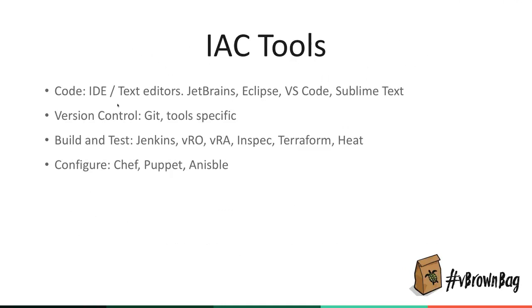Build and test tools, so things such as Jenkins, vRealize Orchestrator or vRealize Automation for actually running the workflows and orchestrating. InSpec from Chef helps with the testing from the client's point of view. Terraform is built as an infrastructure as code tool to help deploy everything in the same state every time, and you hit destroy and it goes. It doesn't modify. Outside of when I've added one or removed one, that's where Terraform comes in, where it'll send that configuration off to something else. And OpenStack Heat. Configuration tools are your Chef, Puppet, Ansible, SaltStack, Windows Desired State Configuration.